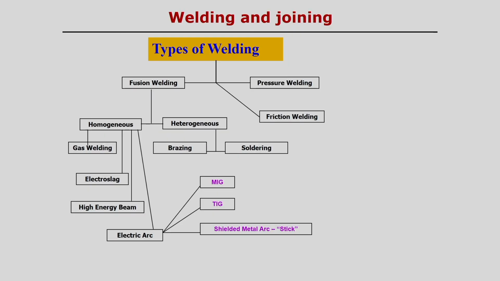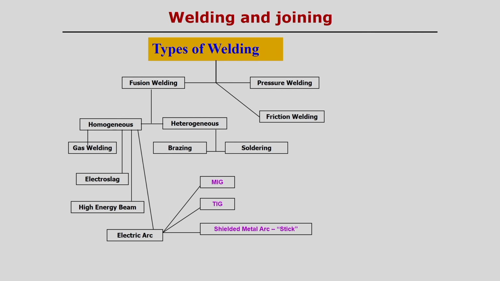But in heterogeneous processes, brazing and soldering come under this category, because in brazing and soldering, one parent metal does not necessarily melt. Suppose we want to join two metals, but by using some kind of liquid metal in between. Then this comes under heterogeneous processes, because the state of the material is different in these cases: one crosses the melting point, and the remaining can be in the solid state also. That is why brazing and soldering we can say are heterogeneous welding processes.